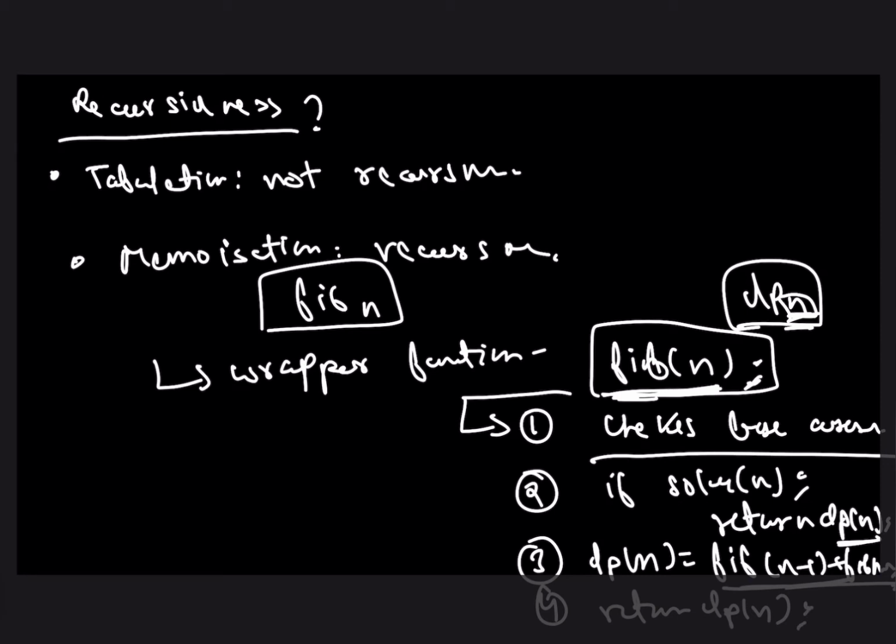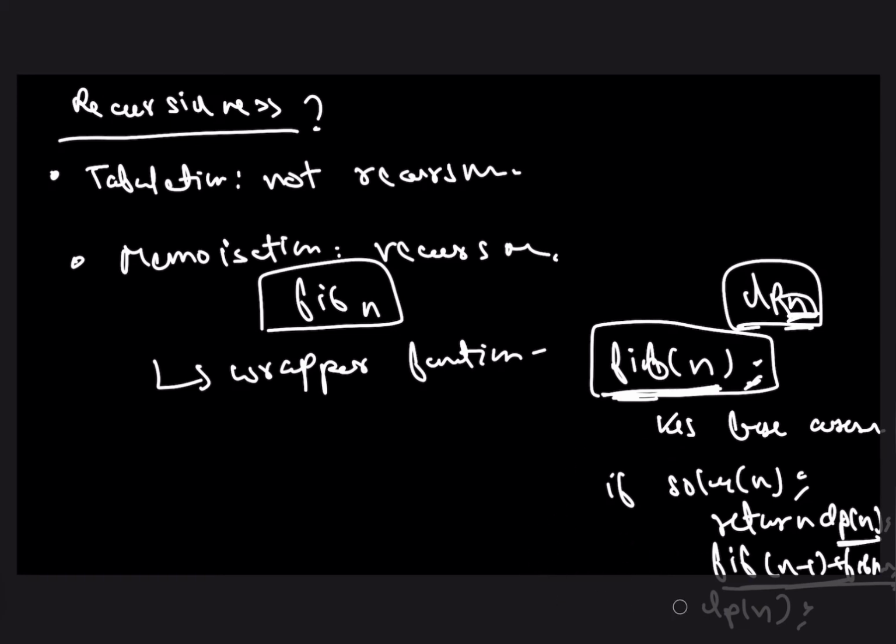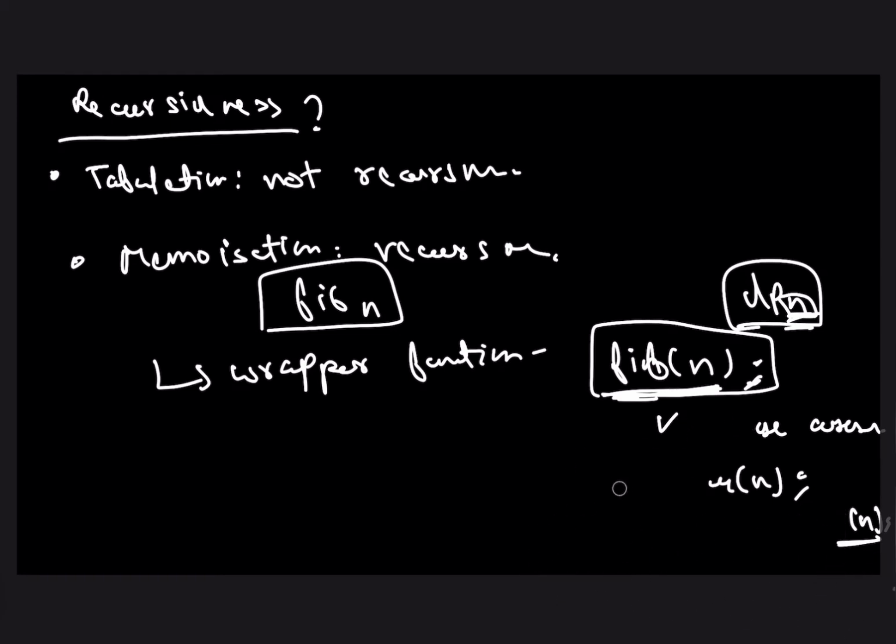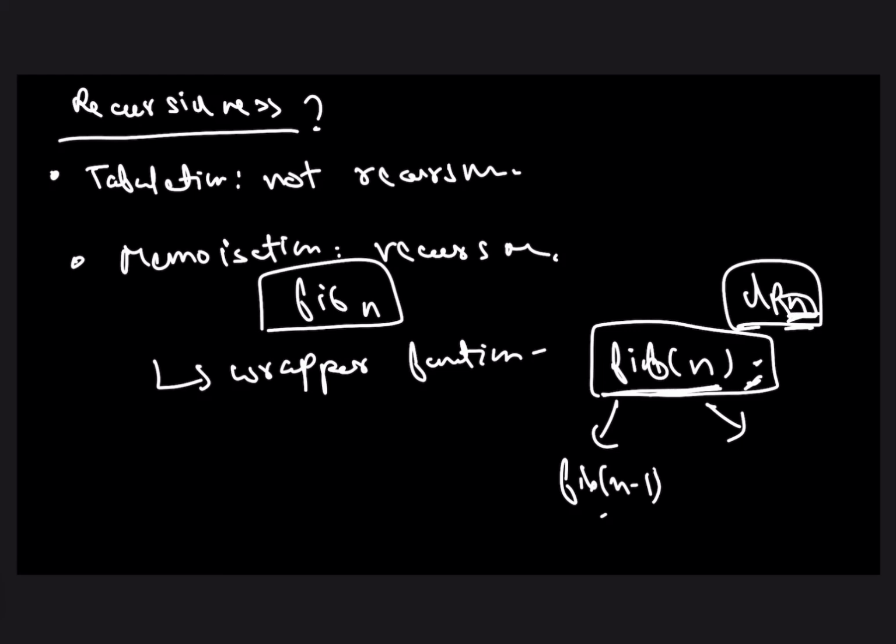So that's how a wrapper function works in memoization, and these are the steps that you need to follow when you are memoizing. We will understand it better when we have a look at the code, and most of the things you will get used to in there. For now, this was just to give you a brief idea of how memoization works. If Fibonacci of n has not been solved before, it will call Fibonacci of n minus 1 plus Fibonacci of n minus 2. In the same way, Fibonacci of n minus 1 will call Fibonacci of n minus 2 and Fibonacci of n minus 3.